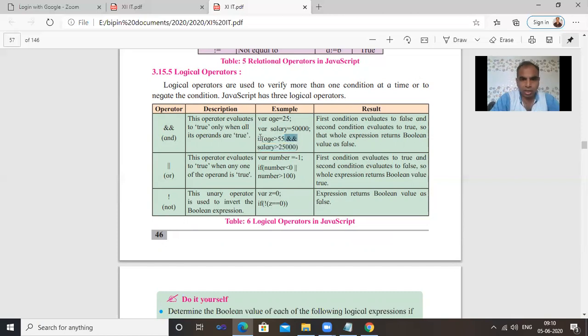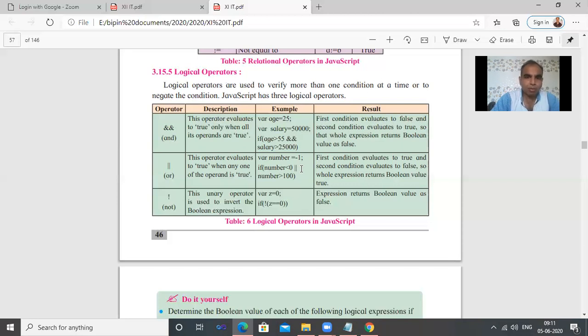So here we can see that in the if we are using and, if two conditions or two expressions are true, then only it shows the statement value is true. Otherwise, value is false. But if we are using or instead of and, the statement is like if number is less than 0 or number is greater than 100, if any expression is true, the value is true.